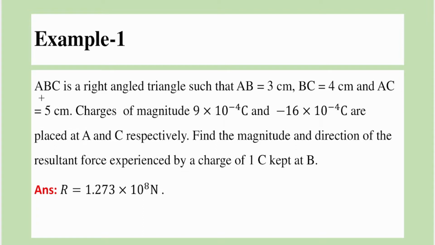Example 1 says ABC is a right angled triangle such that AB is equal to 3 cm, BC is 4 cm and AC is 5 cm. Charges of magnitude 9 into 10 power minus 4 Coulomb and minus 16 into 10 power minus 4 Coulomb are placed at A and C. Observe this carefully. Find the magnitude and direction of the resultant force experienced by charge of 1 Coulomb kept at point B. So first and foremost, to draw a triangle for this,